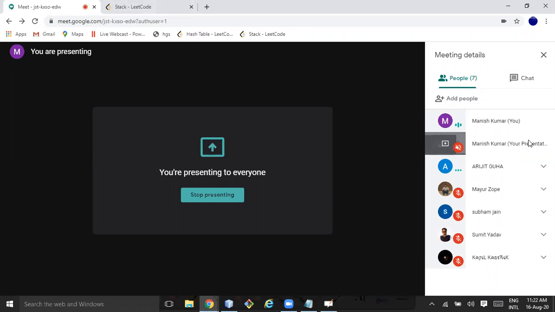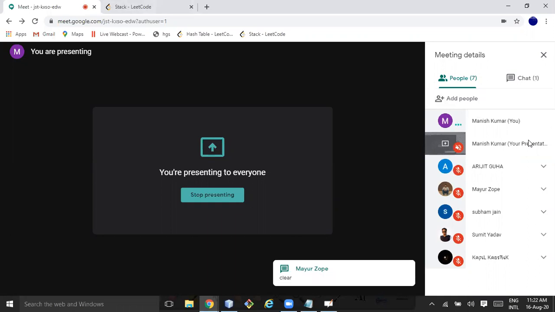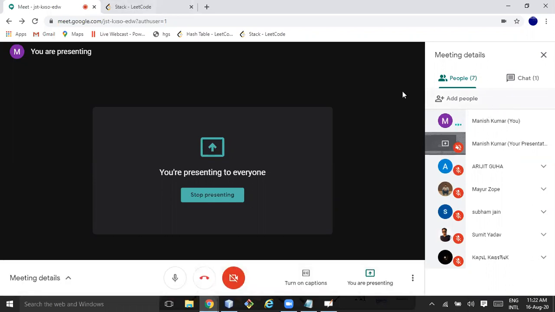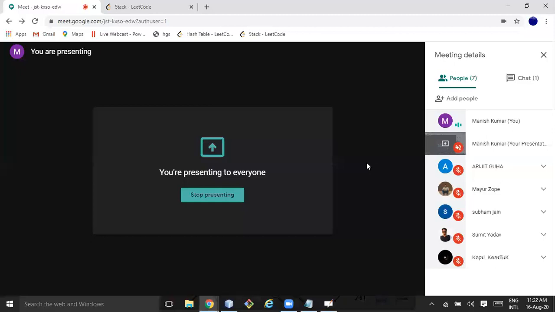Mayur, Shubham, Shumit, Kapil. After this, you will be able to implement such a positional list, right? I won't be sharing it on LeetCode. I'll only share the interface. You need to write your own and try testing it. Once you are good with this concept, it will help in real-time application development.